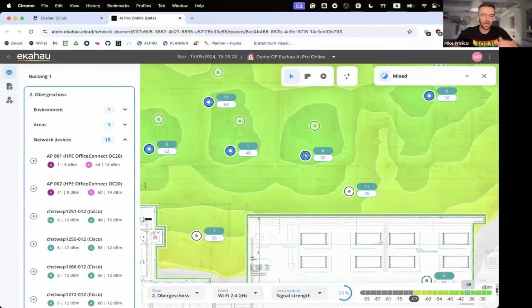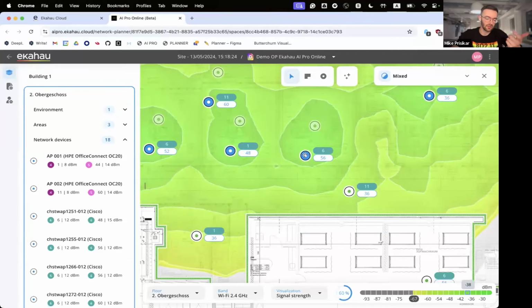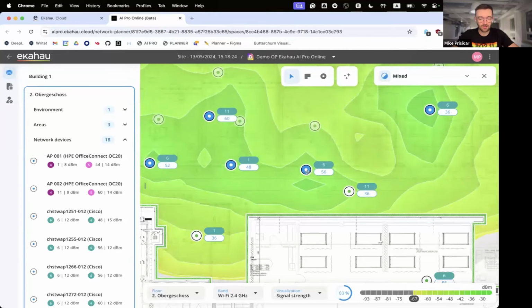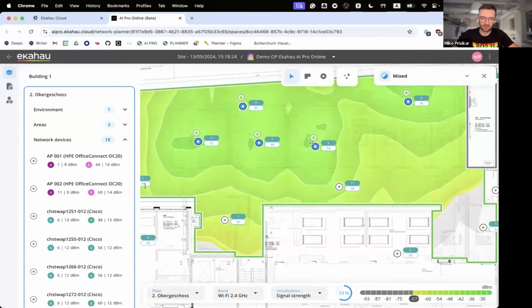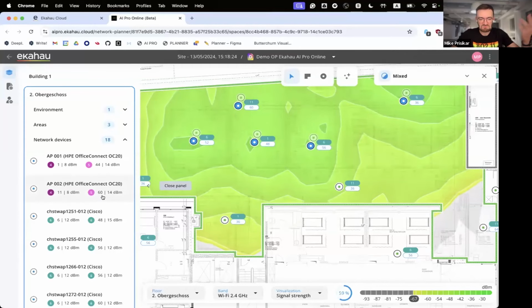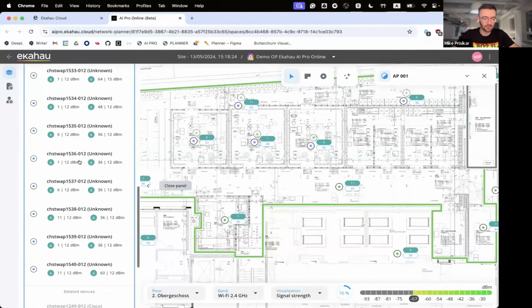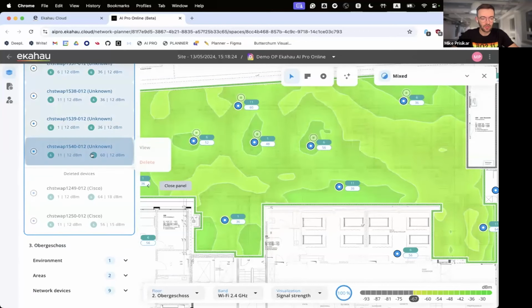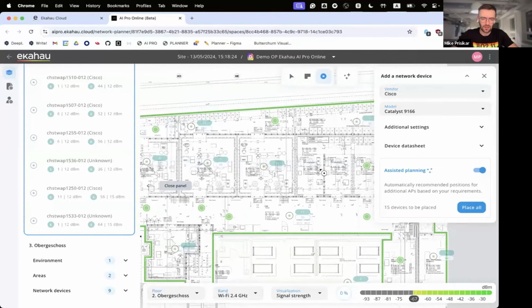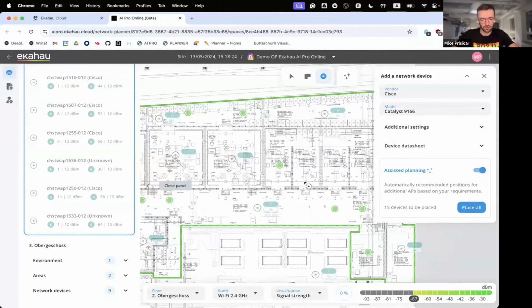So as simple as that. Just do the survey, walk around, buy an ice cream, eat ice cream, do a survey, go back to your office, buy another ice cream or beer, and just start playing around with dots. And if you're okay with your original design, once again, you can just return those things back. Or here is another way: you can select all and delete them, and you can start placing new access points right from here. So you don't need to draw walls. Once again, I can say that 100 times. I will say it every seminar, every webinar.